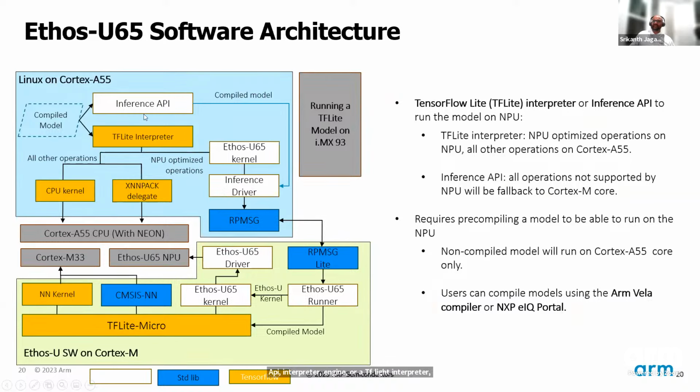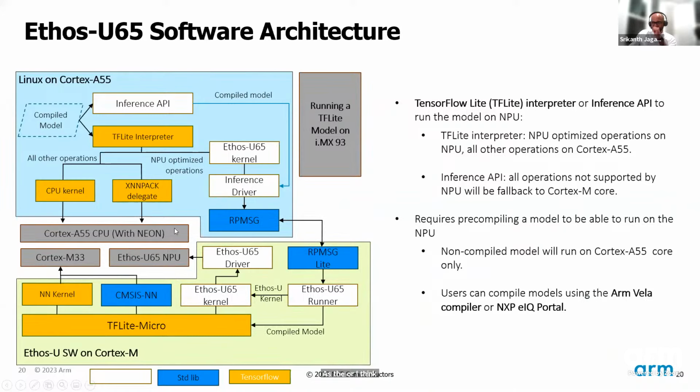The difference is, when we use the inference API engine, you're going to have all the operations controlled by the A55, and whatever is optimized and can run on the Ethos-U65 NPU will run on the Ethos-U65 block. While using the TF Lite interpreter, it's the other combination, where you have the M33 and the Ethos-U65 as the